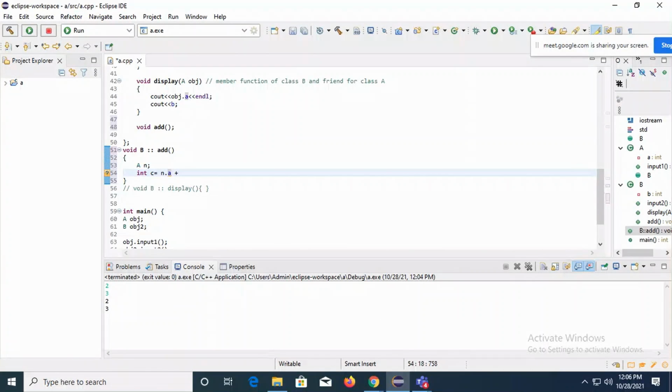Then why is it not given? Okay, let's see. It's directly B. And here only we will print C out.